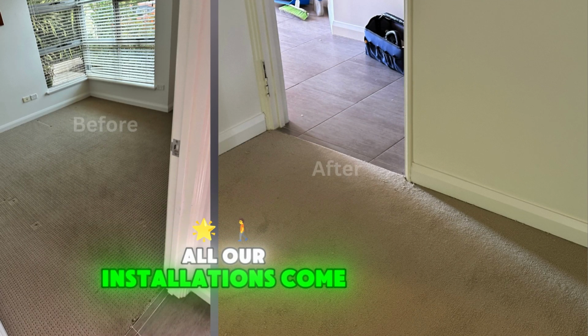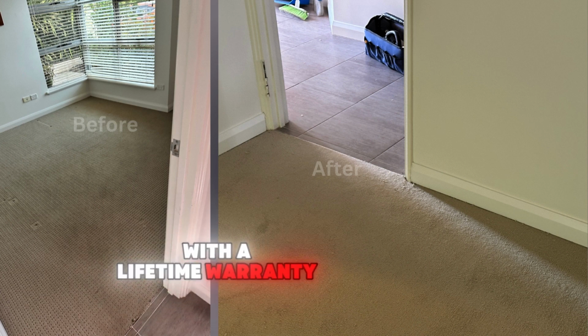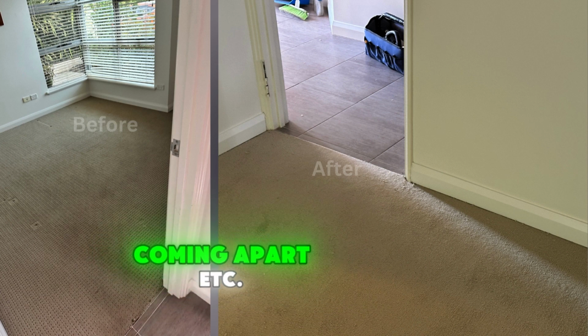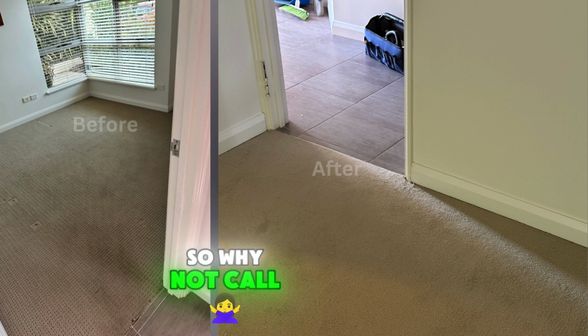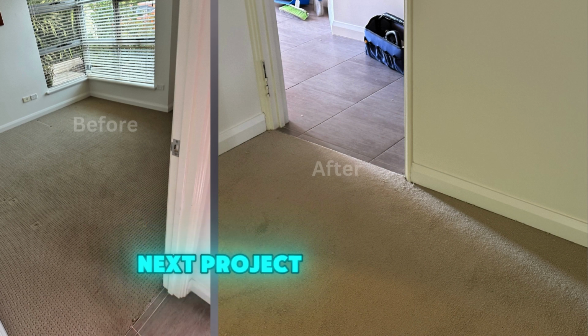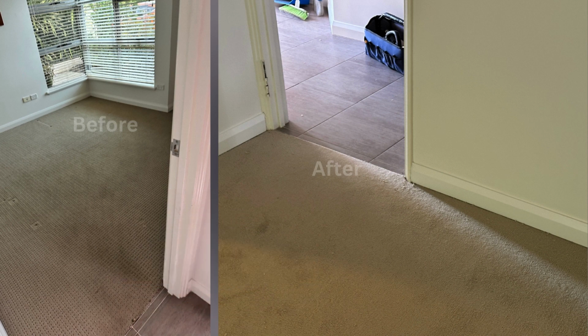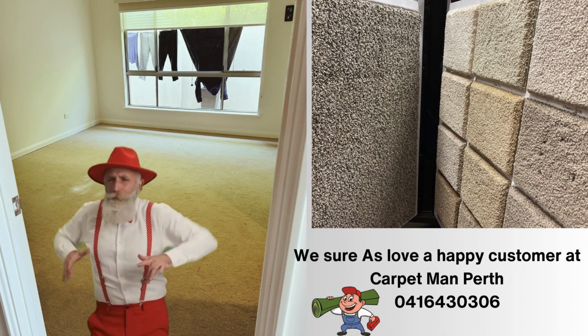All our installations come with a lifetime warranty against stretching, and things like seams coming apart, etc. So why not call the Carpet Man on your next project, and let's make your carpet dreams come true. It's carpet restretching, laying it